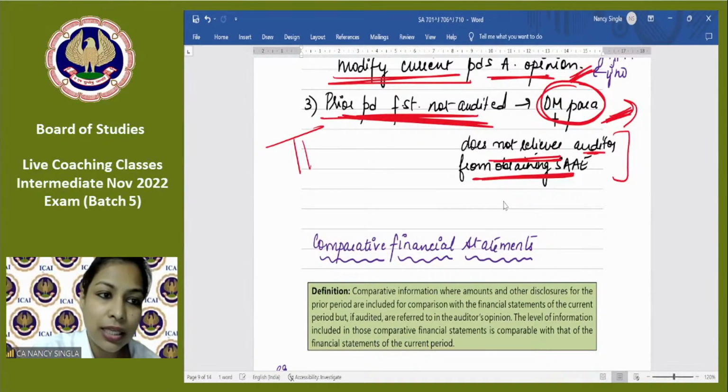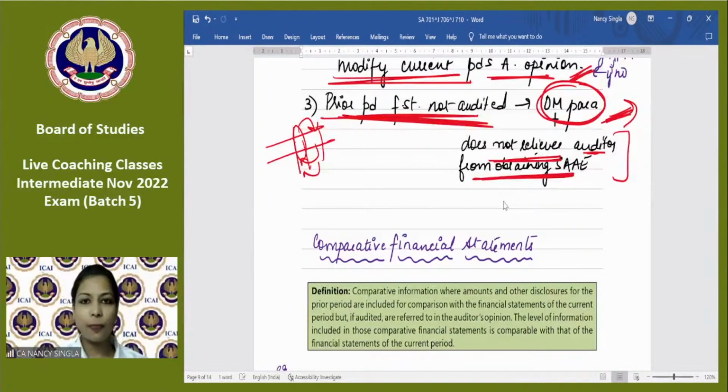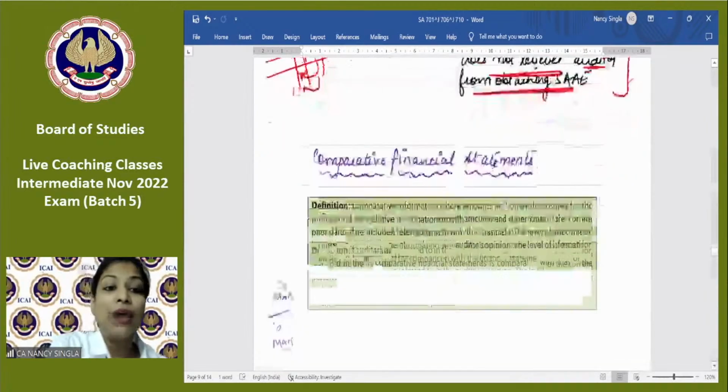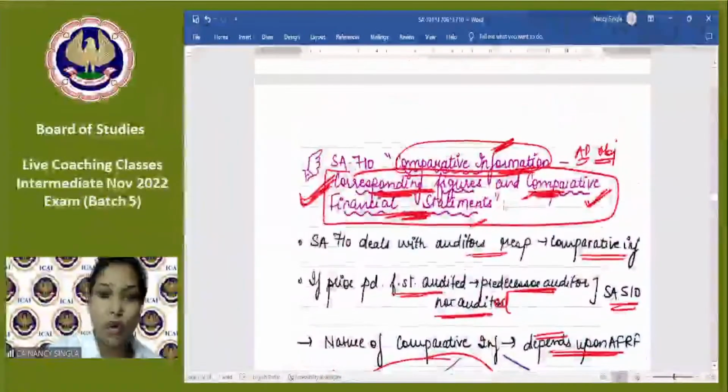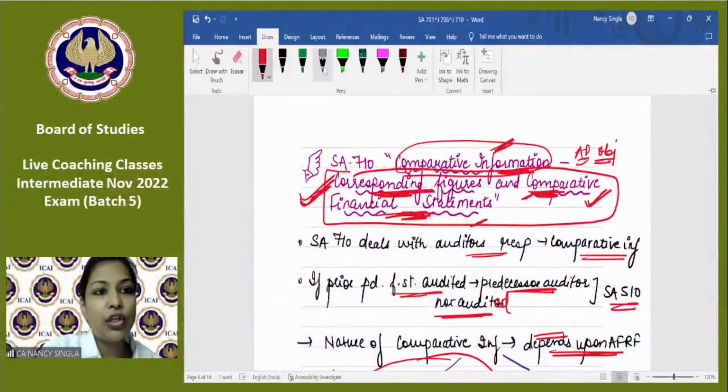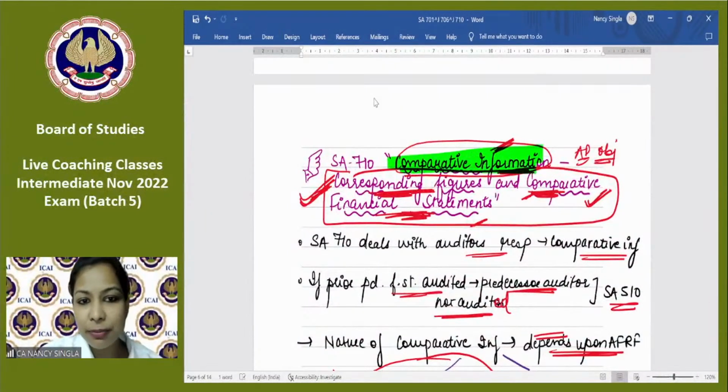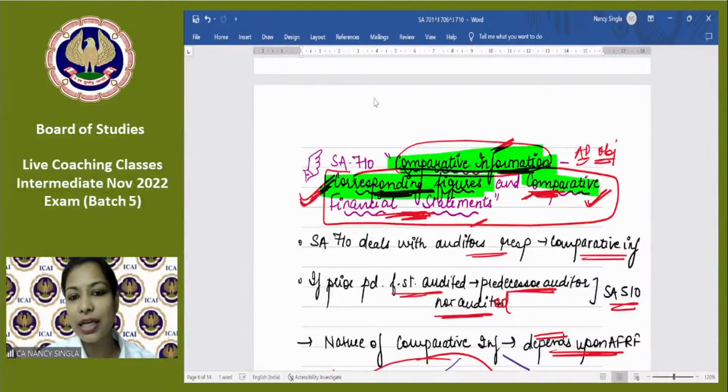कॉरेस्पॉन्डिंग फिगर्स कैसे था, जैसे मैंने आपको बताया कि कॉरेस्पॉन्डिंग फिगर्स दिए हैं और इसका पर्पस क्या है कि इसको इनके रिलेशन में ही रीड करो. ठीक है, क्लियर. Now we have seen that comparative information is of two types, corresponding figures and your what. तो comparative information हमने पढ़ लिया, audit procedures common जो है वो भी पढ़ लिए, corresponding figures की reporting पढ़ ली. Now we are studying what, comparative financial statements. ठीक है,